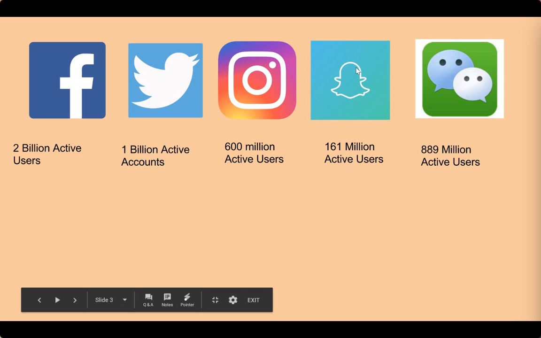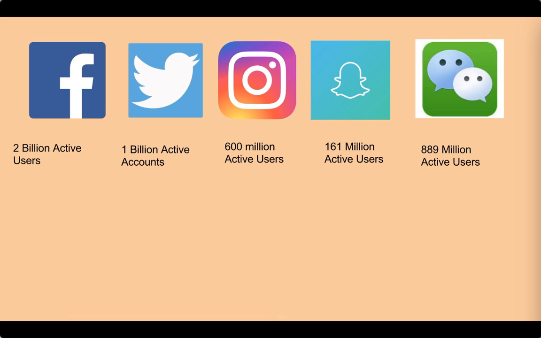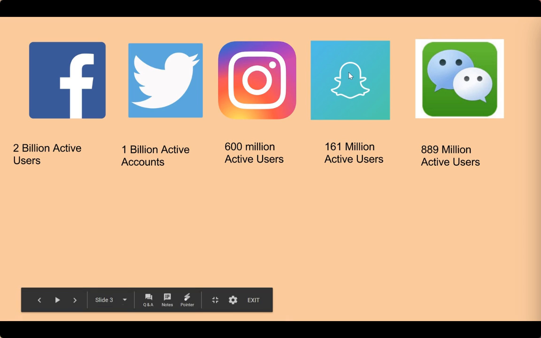So these are some frequently used social media platforms. One favorite is WeChat, and WeChat stands out not only as a social media platform, but it's become a microcosm for the whole internet. So if you've ever been to China, not only do you use WeChat to stay connected with your family and friends, but you also use it